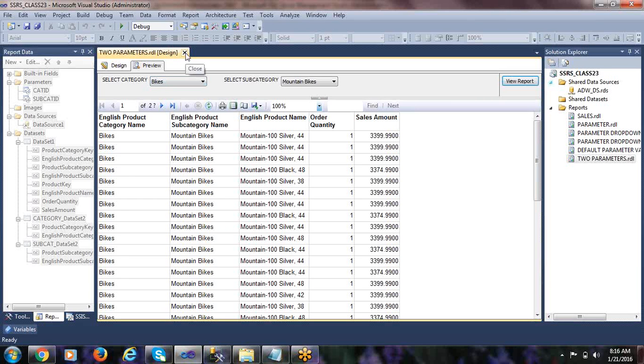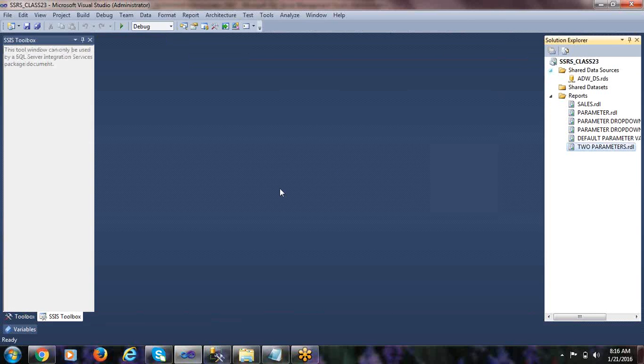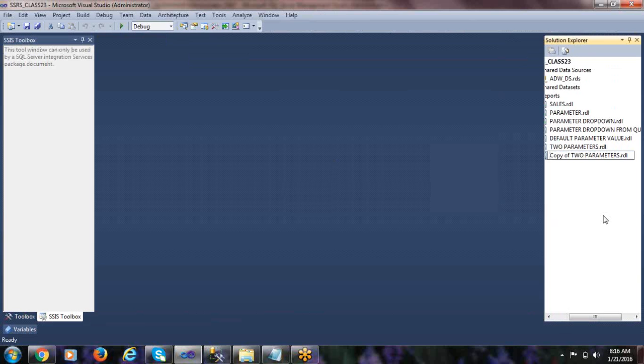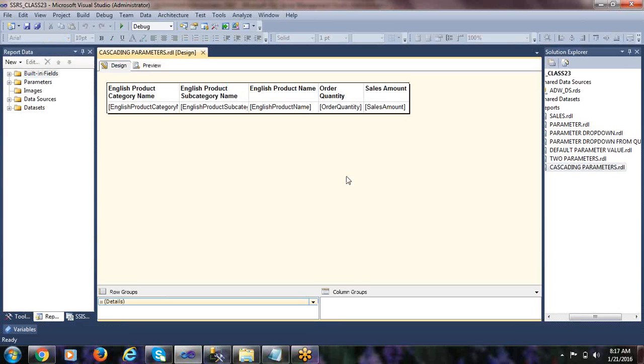So let me close this without doing the cascading. Now let me take a copy of it. Copy, Control C, Control V, and let me rename it. Cascading parameters. Okay, now what I want to do,